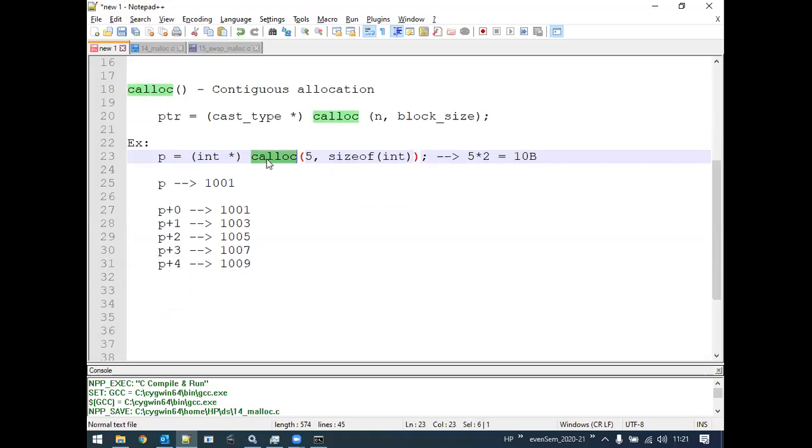Whenever I allocate memory using calloc, the default values are going to be what? Zeros. All these memory blocks will have a default value of 0. So in an exam, there is a chance that you will get a question for 2 marks or even 5 marks: differentiate between malloc and calloc. The major 2 points are what? I will give you the detailed explanation or the difference table later.